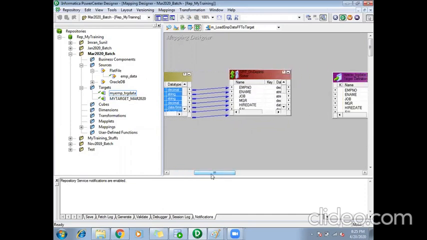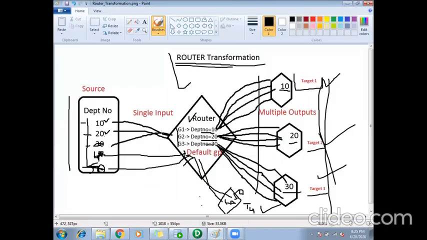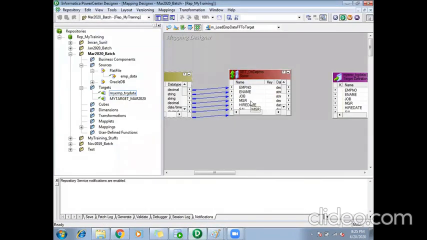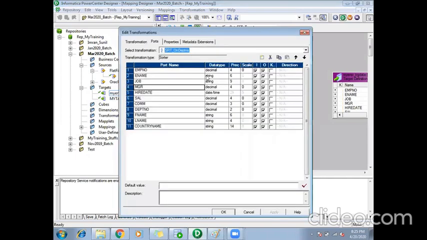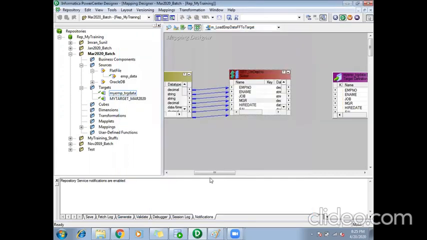Based on what column or attribute do I need to generate targets? It is based on the department number. Based on department number, I have to generate targets here. So in my sorter, I will sort based on the department number. This department number is a key column for me to generate the target. You can sort on ascending or descending, that doesn't matter. I'm sorting on basic ascending here.